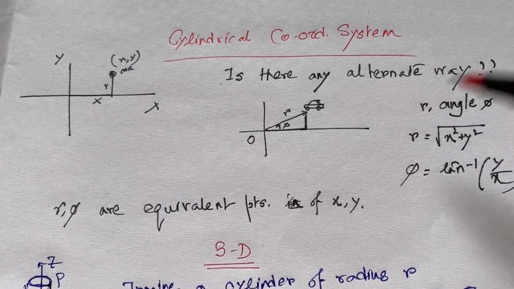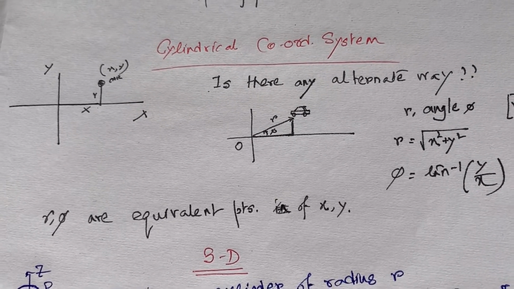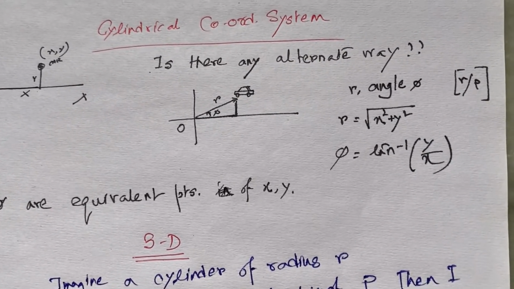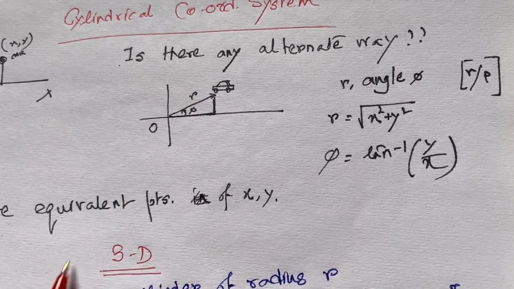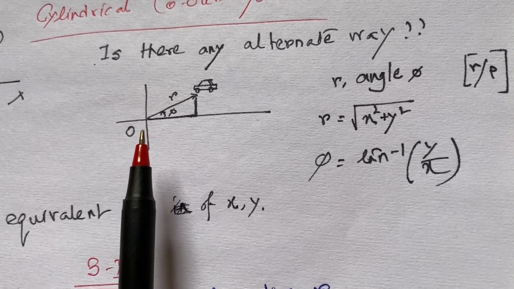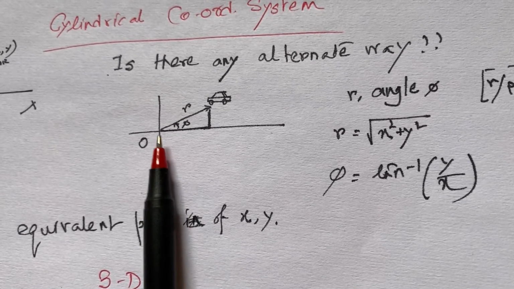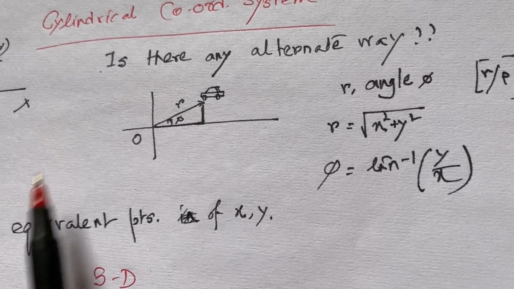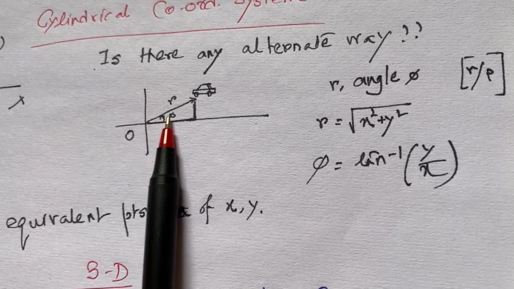That is, first I need to go horizontally, then I go vertically, and this (x, y) will be the coordinate of my car. Now the cylindrical coordinate system is another way, an alternate way, to specify the location of any object. So now if I want to reach the car, then I need to specify the distance and the direction along that distance through which I will travel, and I need to specify the angle along which I will move to reach the car.